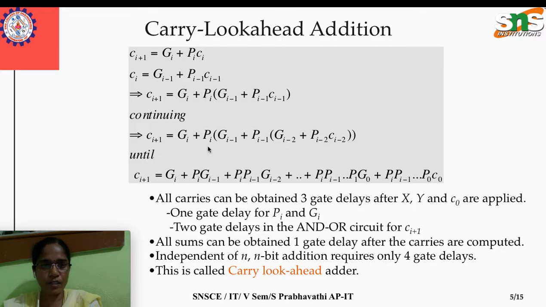So likewise if we keep on going, finally we will be reaching c naught. So in between we won't depend on the carry of the first bit, second bit, likewise. So this is the final equation. Each and every full adder will compute without depending on the previous full adder's carry. We just need to compute the initial carry c naught. With this c naught, each and every full adder will look ahead its carry signal rather than depending on the previous full adder's carry.